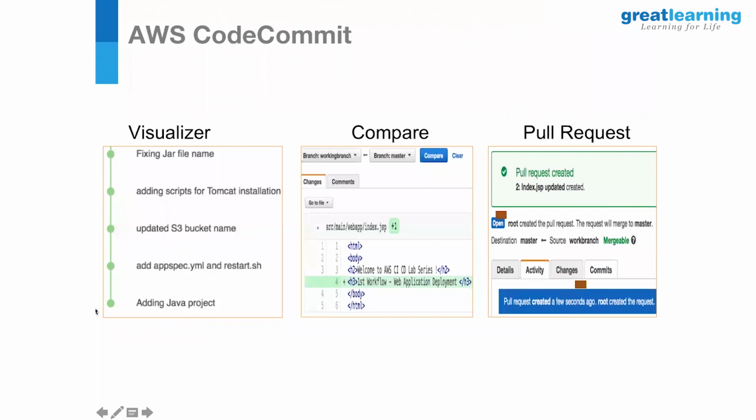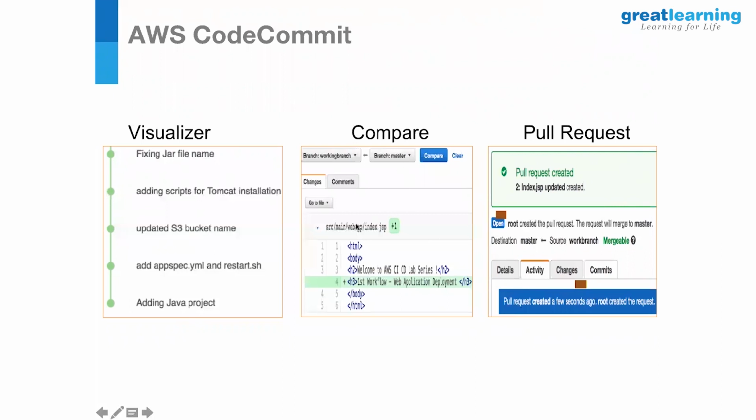But in case you are having multiple branches, like your master branch, your feature branch or pre-production branch, how the code flows between those two or three branches in your repository is all visually represented in this visualizer, and it is easy for you to see where what has gone wrong or whose commit would have caused the issue. It will be easier to narrow down with the visualizer.